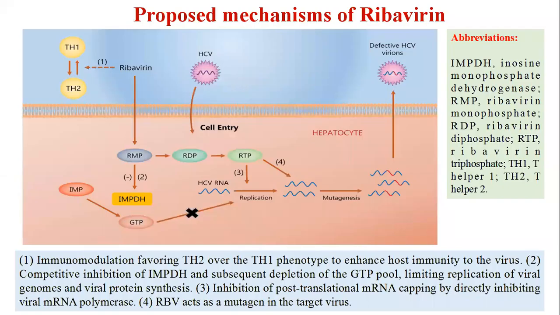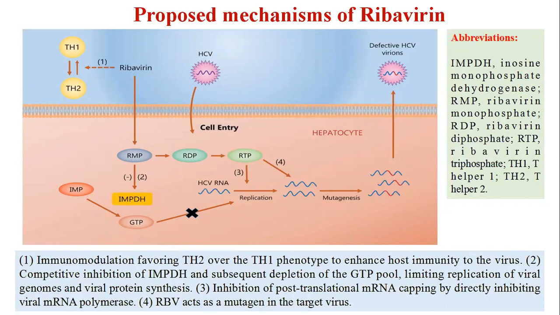And another one is ribavirin. This is a drug that is used as an immunomodulator. Doctors are suggesting the use of this antiviral drug, ribavirin, and it has a proven effect on